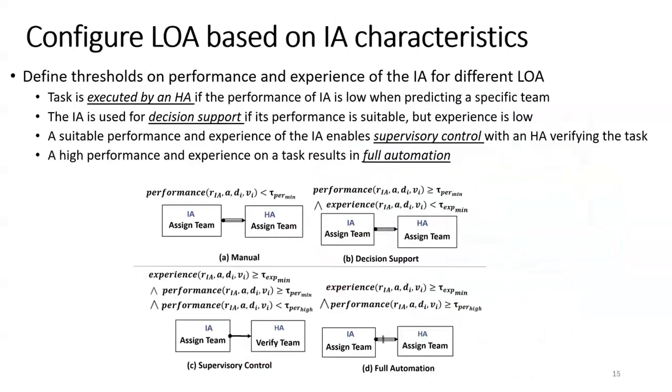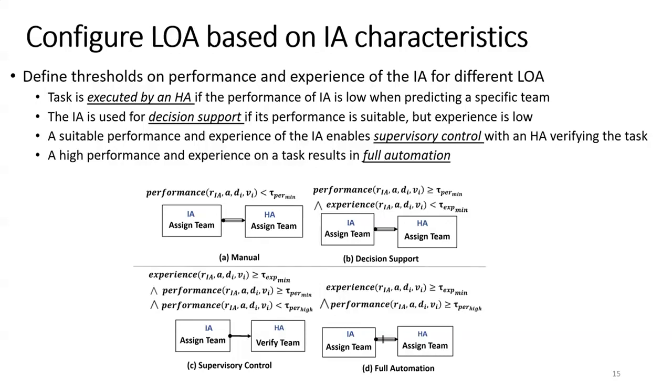So given these varying performance for different types of task attributes, we could now configure the levels of automation. So one way of doing it is you define thresholds on the performance and experience of the IA required for different levels of automation. So if the performance of the IA on the task is very low, like when predicting team 0031, then it needs to be done manually by a HA. And then we see that the IA has suitable performance, but then there's low experience, then it could be used for decision support where the IA does the prediction, but it's followed by a human agent doing the same